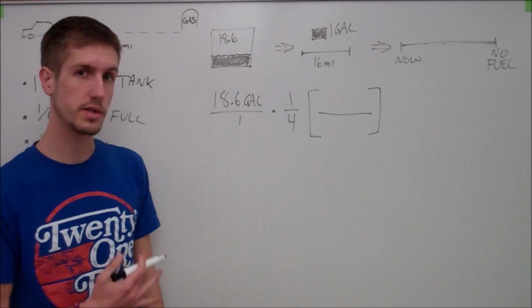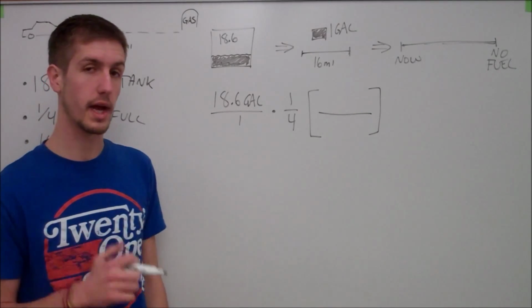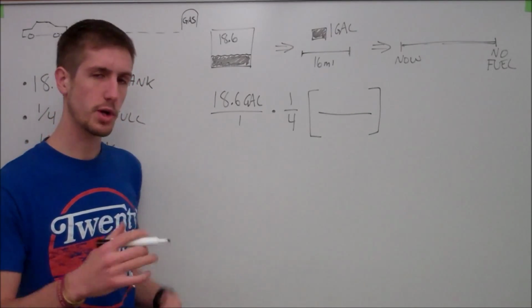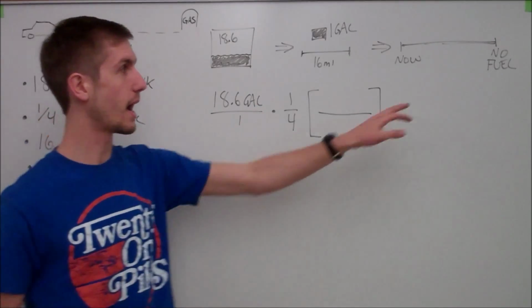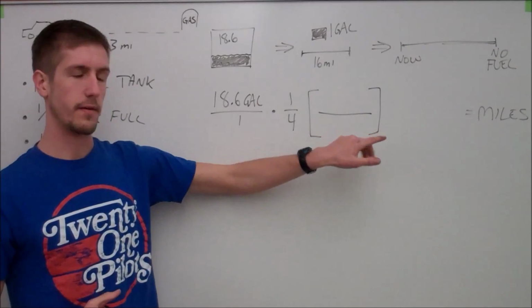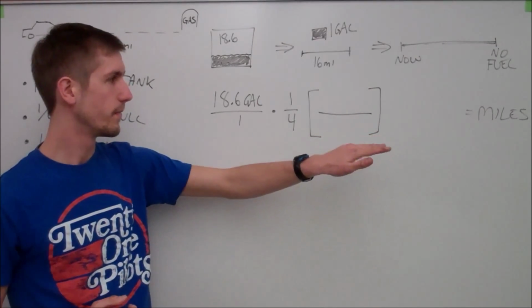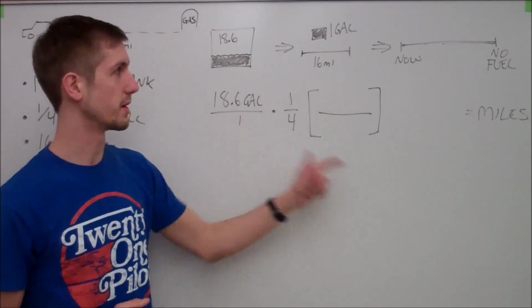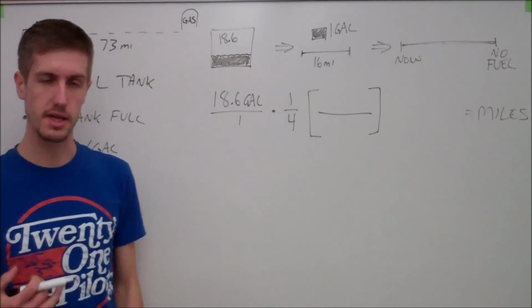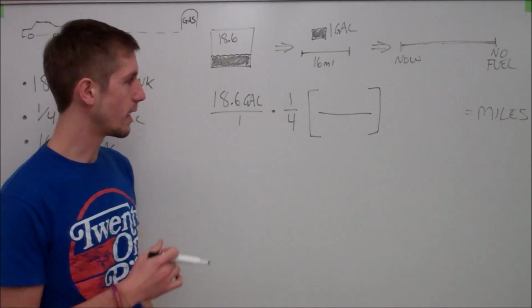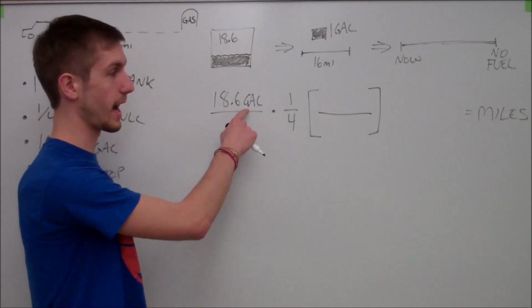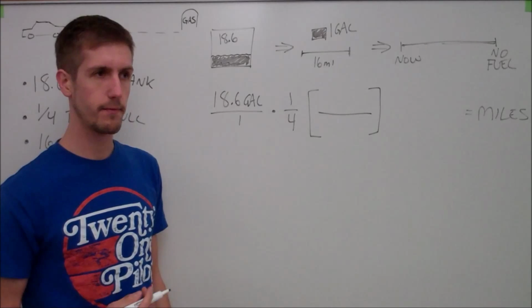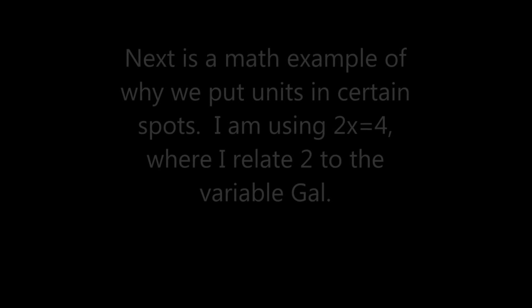And so I know I can go 16 miles with 1 gallon of fuel. Well, if I'm trying to end up getting out of gallons, I want to be able to find out how many miles I can go. And if I'm trying to find out how many miles I can go, I'm going to have to find the relationship, which is my miles per gallon. 16 miles in 1 gallon. Now if I want to end up in just miles, I need to get rid of my unit of gallons. And if I have my unit on top,